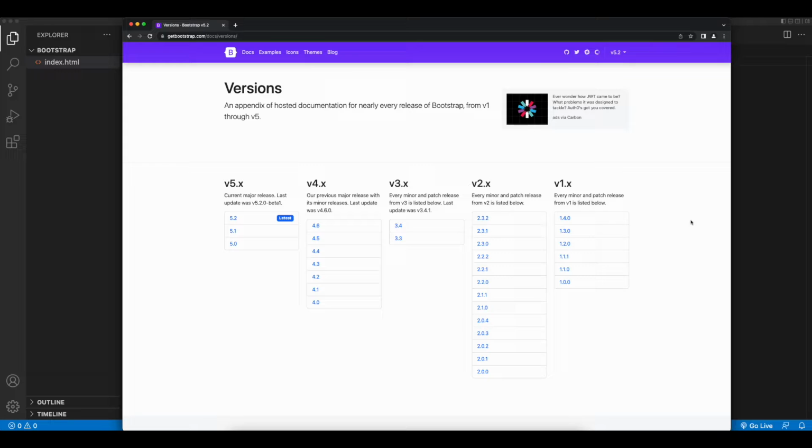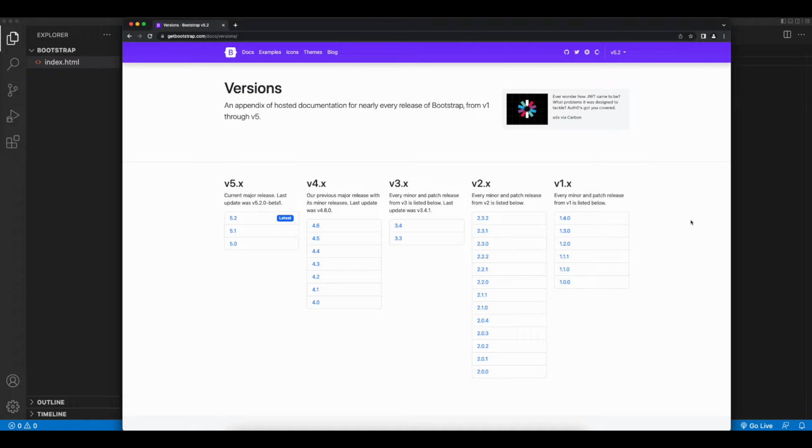When working with Bootstrap, and especially when searching the web for examples, it's important to make sure you're looking at code for the major version of Bootstrap that you're coding in. For example, if you're building a new website using the current version of Bootstrap, the major version would be version 5. Don't copy example code from prior versions of Bootstrap, such as Bootstrap 3 or Bootstrap 4, when you're working